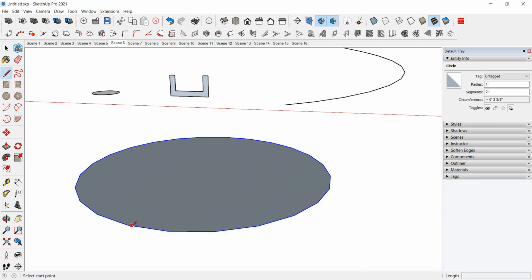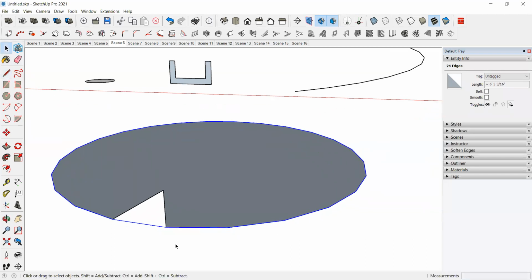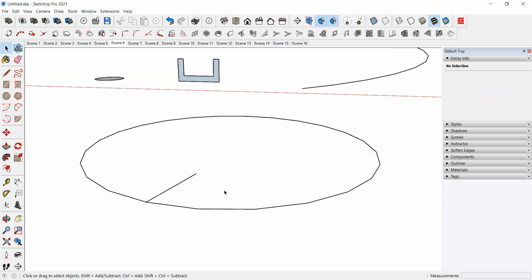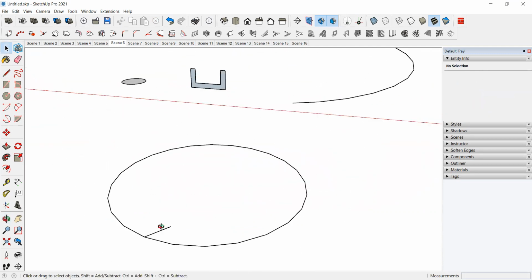Okay, now what I will do is go nearby and draw a vertical line at one segment and draw like this. Okay, any height you can take, according to your wish. And I will delete this one now, the vertical line, and I will delete the center face. You can easily see this.